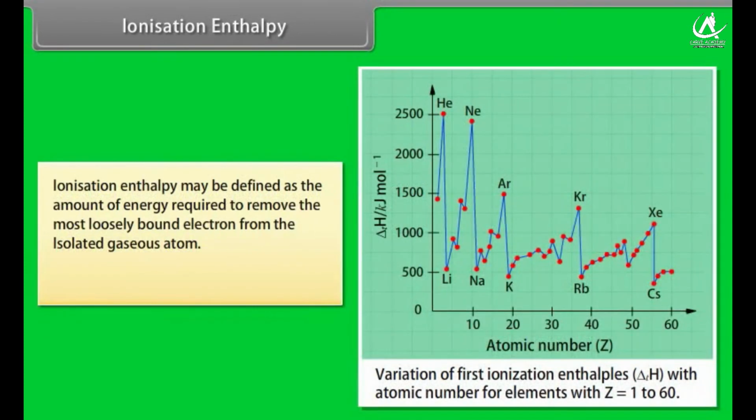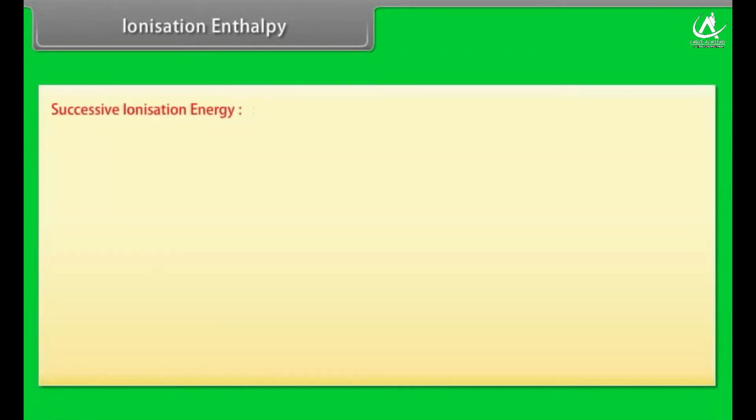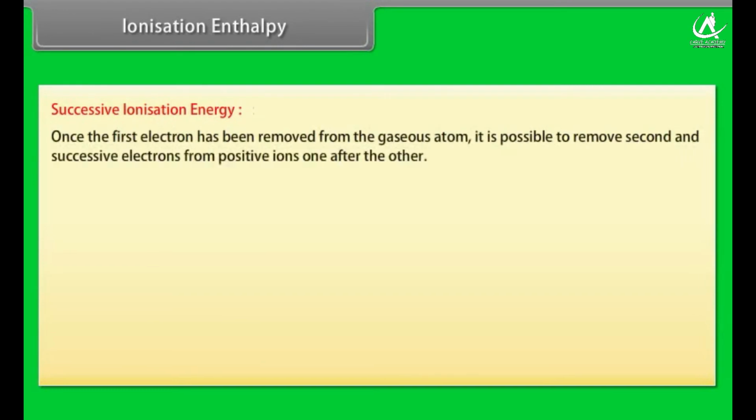Ionization enthalpy. Ionization enthalpy may be defined as the amount of energy required to remove the most loosely bound electron from the isolated gaseous atom. If we provide ionization energy to the gaseous atom A, it loses an electron. Successive ionization energy. Once the first electron has been removed from the gaseous atom, it is possible to remove second and successive electrons from positive ions one after the other. For example,